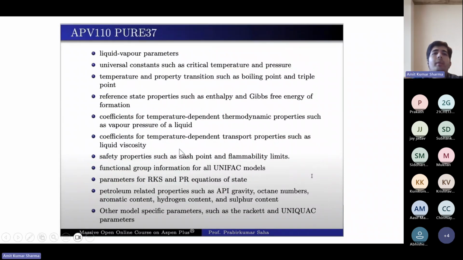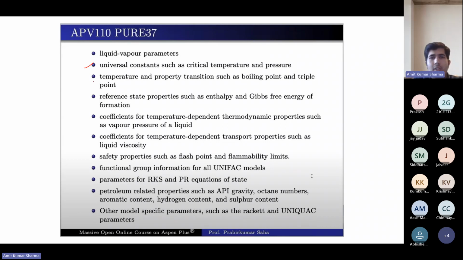Like this APV110 PURE37, these are some details regarding this database. It gives you the liquid vapor parameters. It defines universal constants such as critical temperature and pressure. These are the basic things that a database contains. Maybe the database for ethylene has some more detail regarding ethylene.